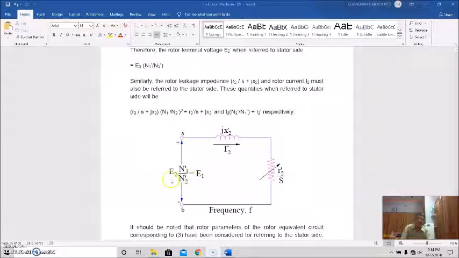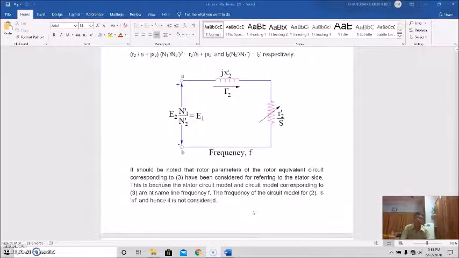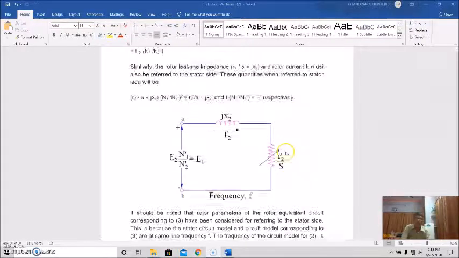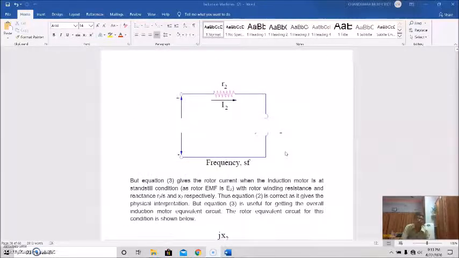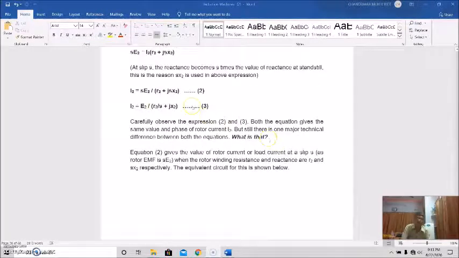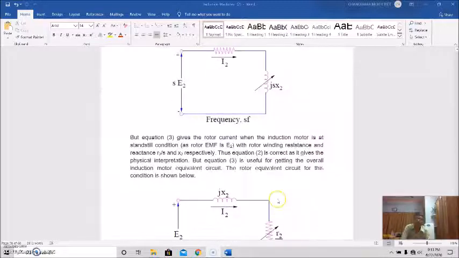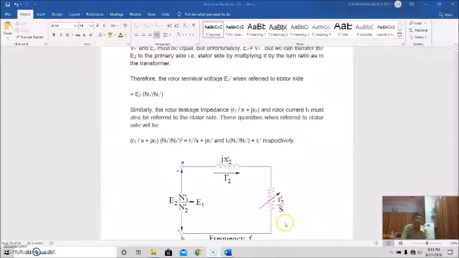In that case the circuit will be like this. This is E1, referred to the stator side. This is the reactance referred to the stator side, and this is the resistance referred to the rotor side at supply frequency here. These rotor parameters of the rotor equivalent circuit correspond to equation 3, that we told earlier. If we come here, this one, okay. So we refer to this equation 3,